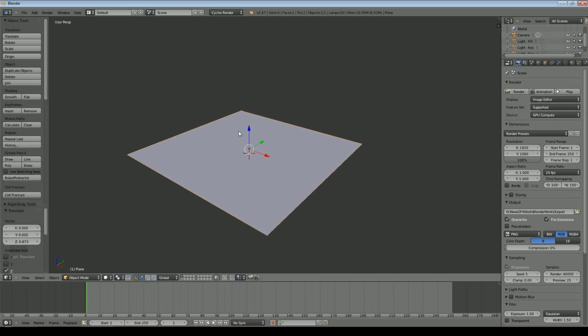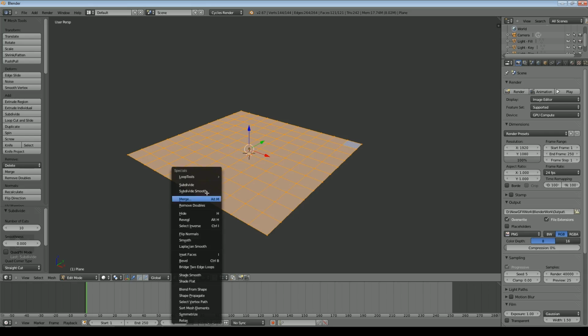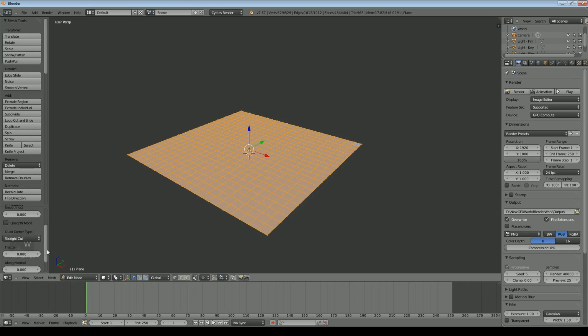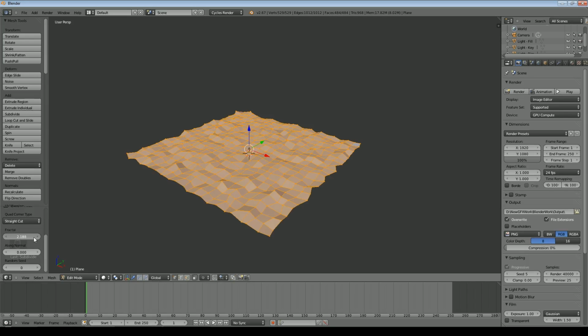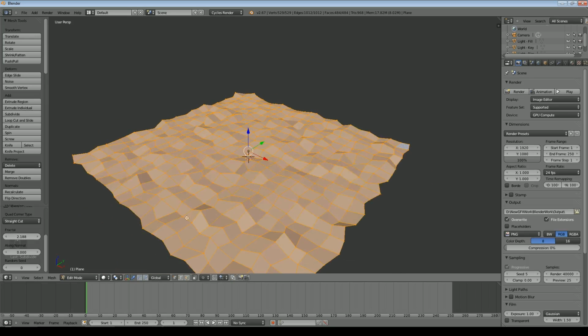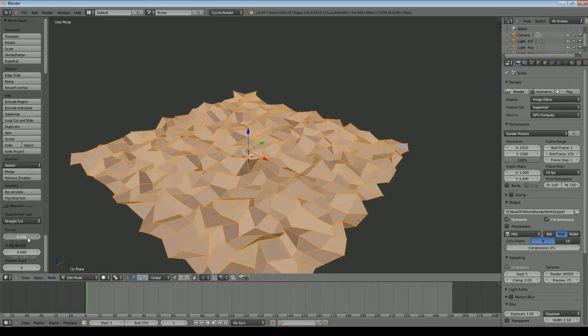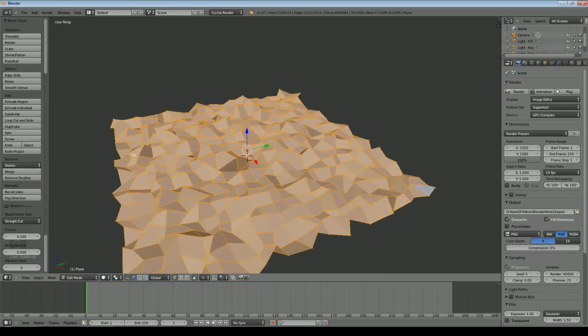So we're now going to press Tab to go into edit mode, press W and subdivide. And I'm going to raise the subdivisions to 10 to start with, and then I'm going to press W, subdivide again, but this time I'm going to say fractal. And what fractal does, as you can see a little bit further down this menu, adds a fractal variation in the subdivisions. So you can see we're getting some bumps and things, and the bigger that number, the larger the variation. We want it reasonably sizable because we're going to smooth this out in a moment anyway.